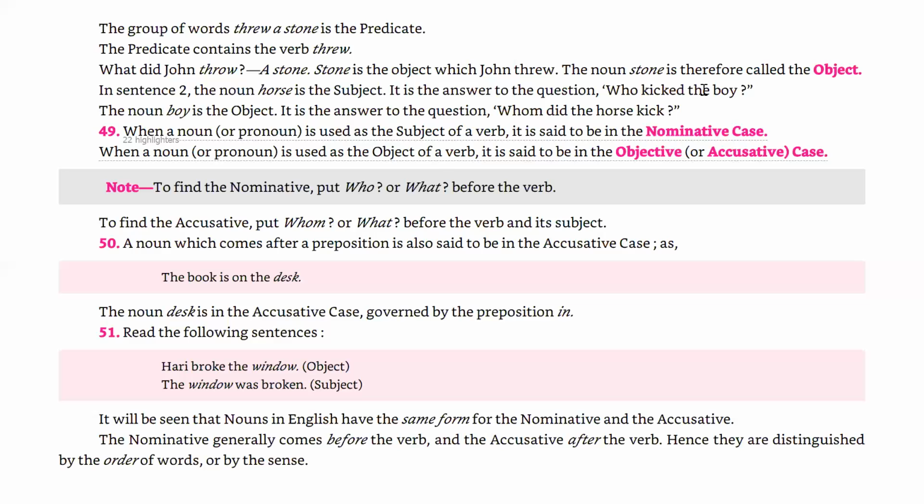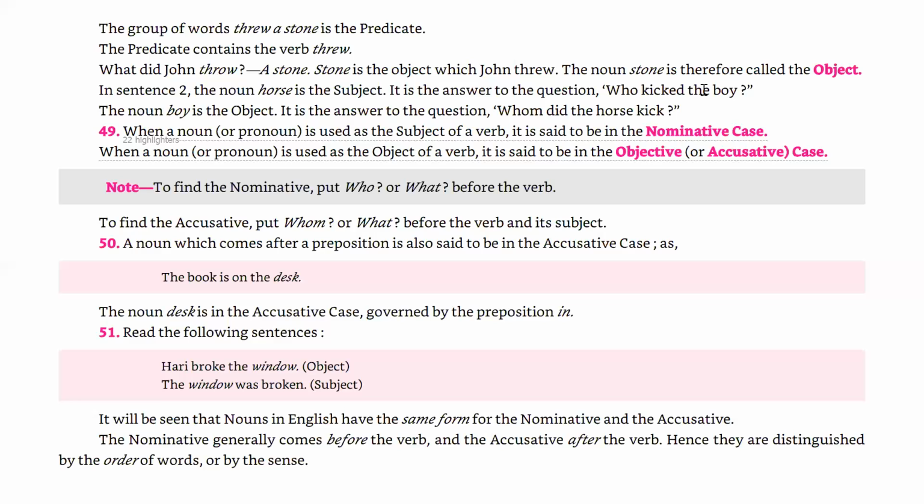I just told you this to understand the fundamental difference between these two, nominative and objective case of the noun. Okay, subjective and objective case of the noun. Don't get confused if you hear the word accusative. Don't get confused if you get the word nominative. They mean the same thing.